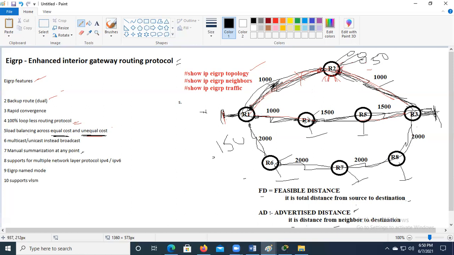But router 2, router 4, router 6 can summarize these 50 routes as a single route. Router 4 also can summarize its 50 routes as a single route. So router 1, instead of 150, will have 3 routes. With the 3 routes, I can reach 150 routes by default. That is called summarization. Summarization is the process of combining multiple individual routes into a single route in a large subnet.